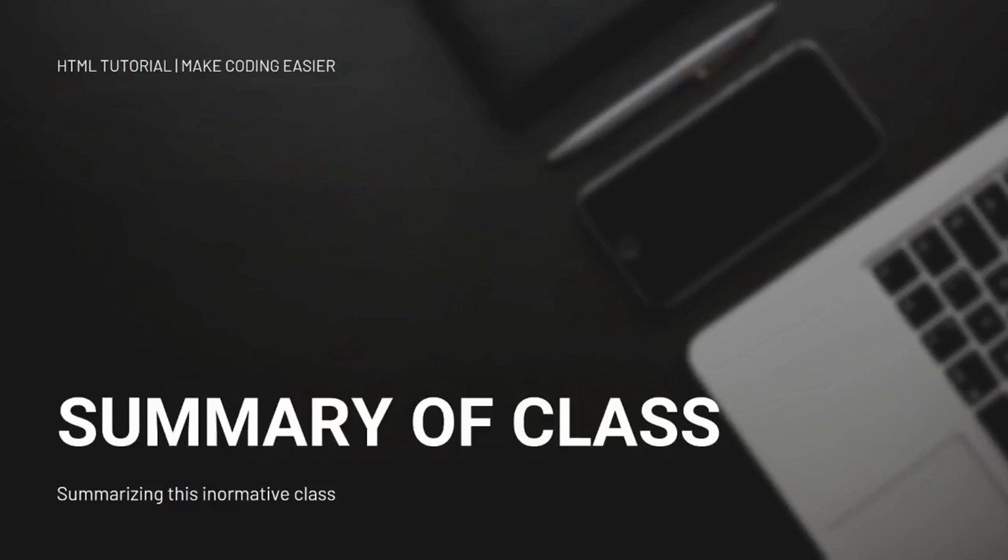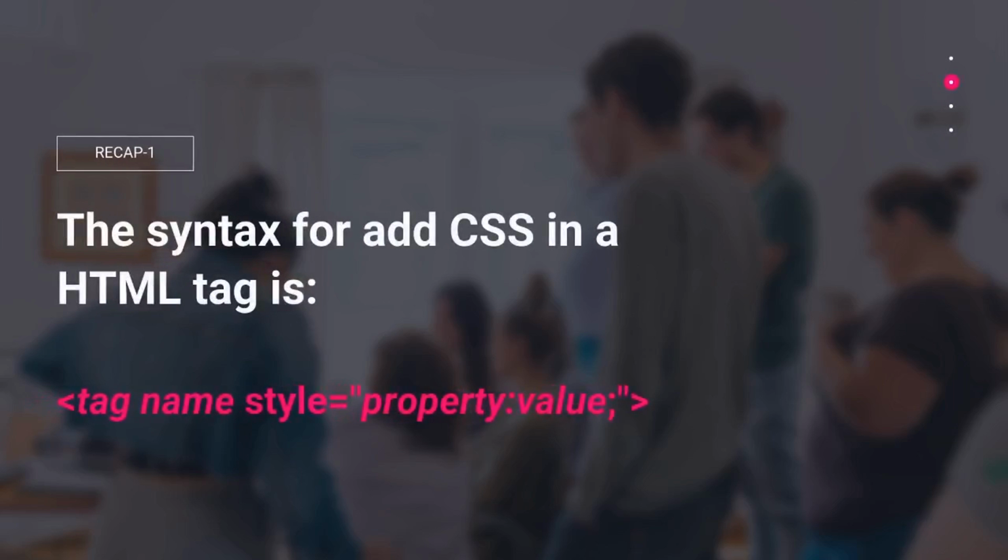So now, after both the practical and theory section, let's summarize this class. First thing we have learned today is the syntax for adding CSS in a HTML page, and that is, first you give the tag name. Following that, you'll give style is equal to double quotes. Between the double quotes, first you give the property, which is like the text align or whatever you want to do, the text color, the background color, that's called the property. Then you'll give the value for the property, like text color or background color needs a color value, and text align needs left or right or center, that's the value.